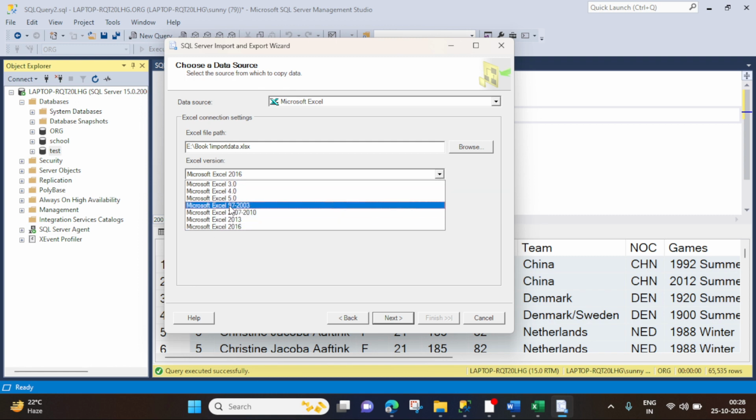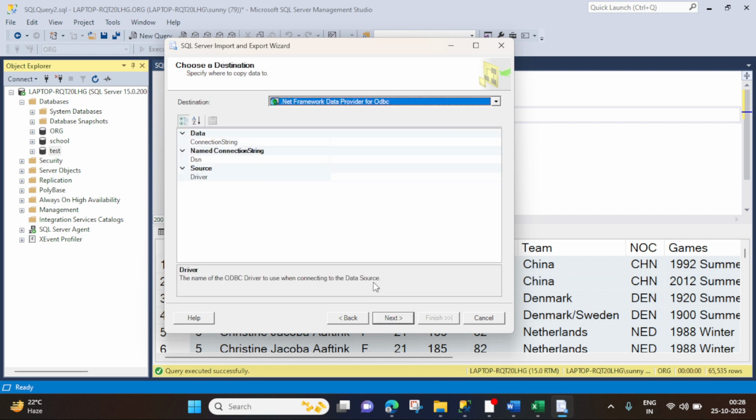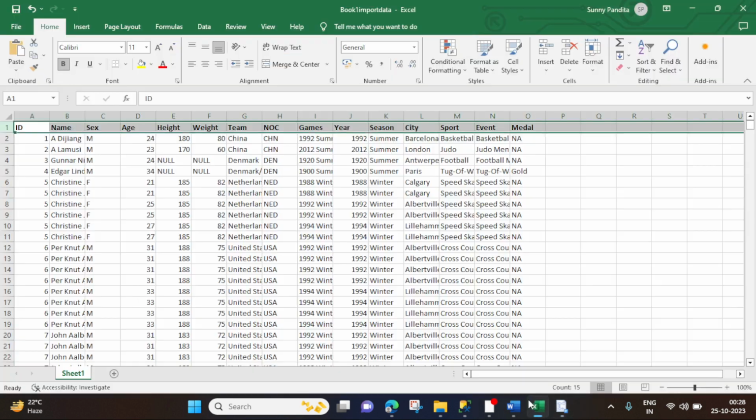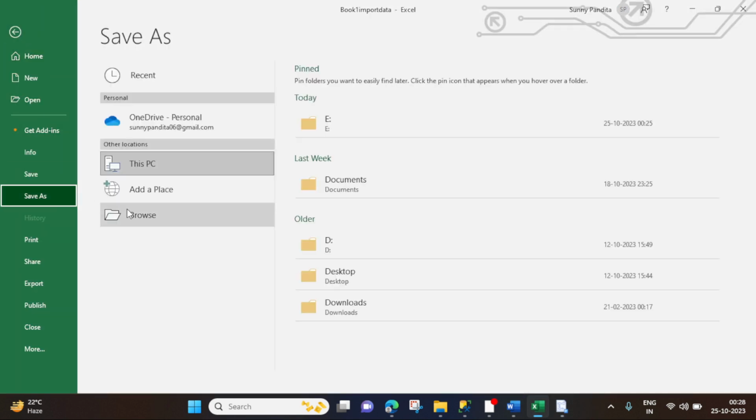Now if you select this one here, it will work. So you have to go with this option. And in case none of the options work here, to fix the issue, you will go to Excel again, then click on File, Save As,